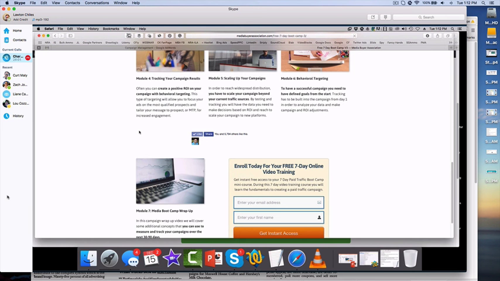Absolutely, and that's one of those things where I think a lot of us make the mistake of making our first interaction with somebody an opt-in page. It's one thing if it's endorsed: I send an email, go opt in to Lawton's list, he's got great content, you'll love it. That's an endorsement. But there's only so many endorsements you're going to get on any given day, and what do you do after that? When you're trying to scale a business, if you don't have some source of traffic that is relatively cold, you're not going to be able to do it. And when you're selling to cold traffic, they don't know you from Adam's house cat.